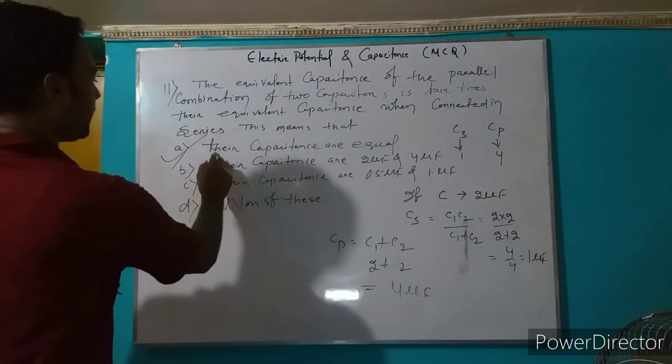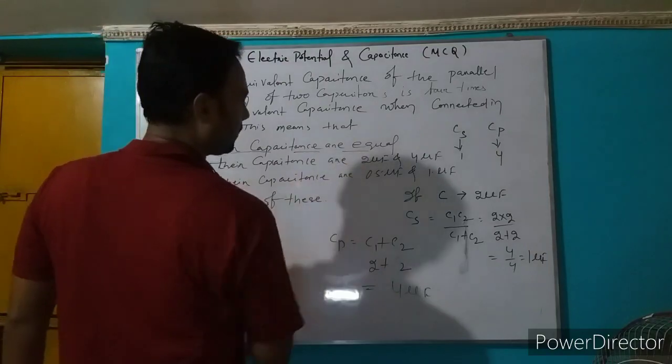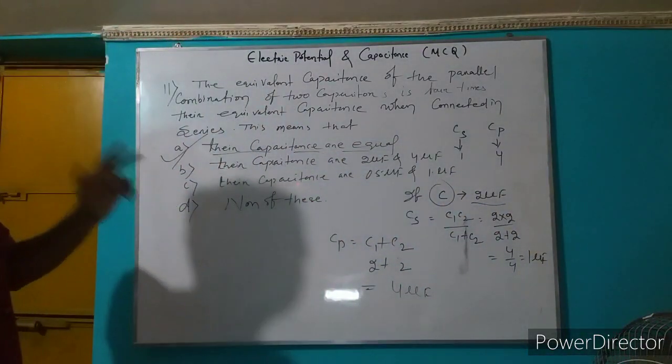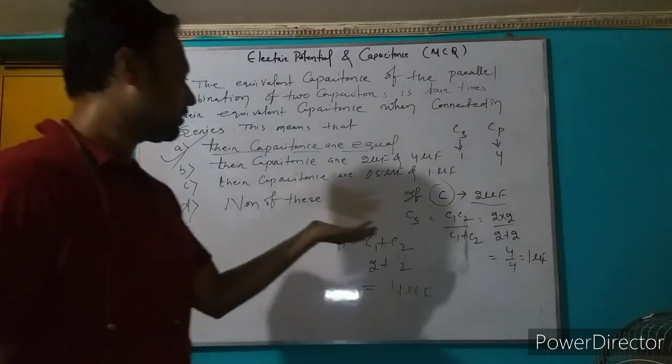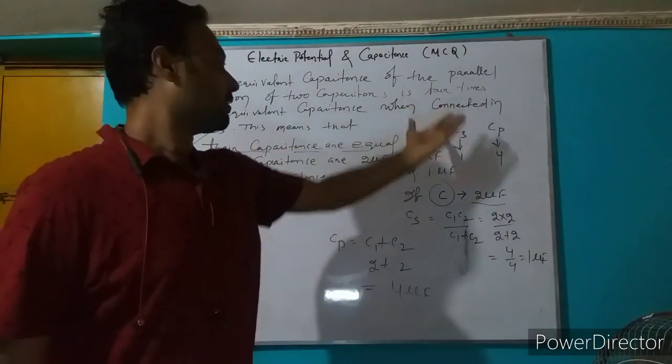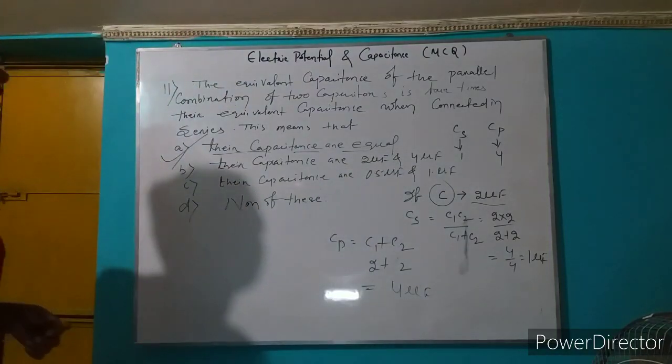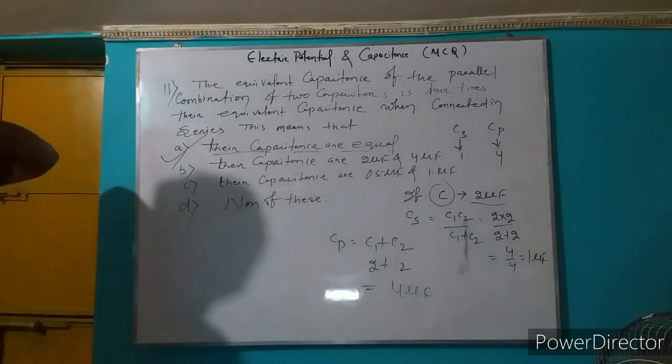So hence their capacitances are equal, because if we assume C equal to 2 microfarad, in both of the cases 2 microfarad is there, so they match the question. Okay, so their capacitances are equal. Now my next question is,